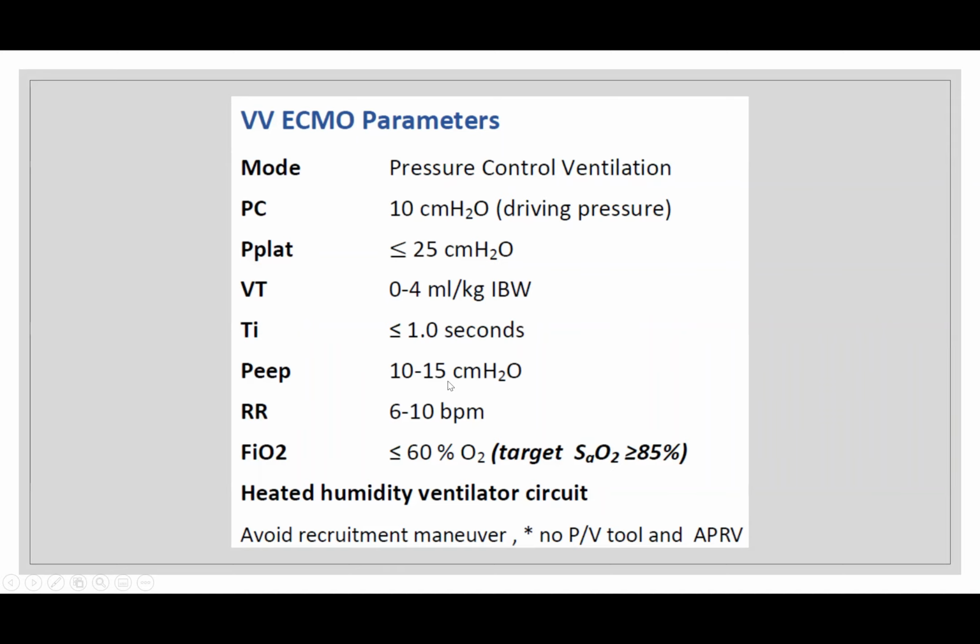The PEEPs ranging from 10 to 15. So this would be significantly less than we would think about in somebody who's not on ECMO. And that's largely because of the effect of intrathoracic pressure on the lungs, as well as the access cannula and the fact that we're not using the lungs, a very low respiratory rate, and then trying to target a SpO2 of about 85%. And this is even higher than ELSO would recommend. So I don't really think when we've had our ECMO patients that we do an excellent job of accomplishing this